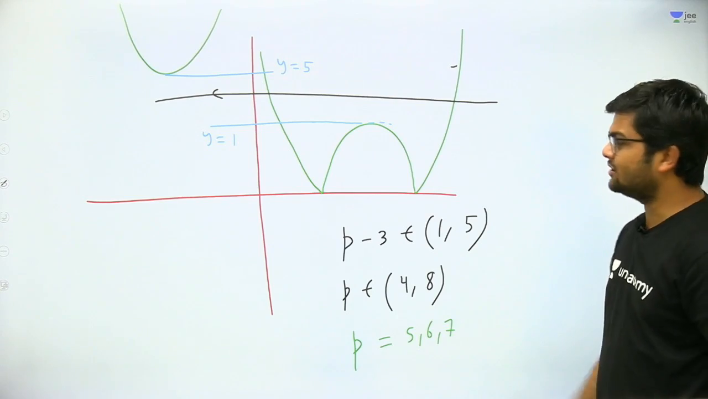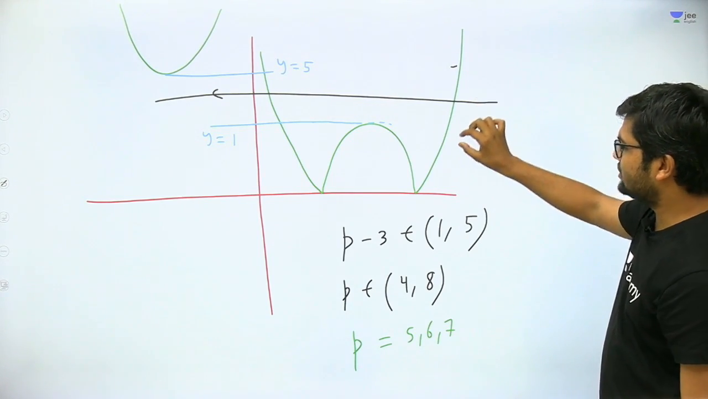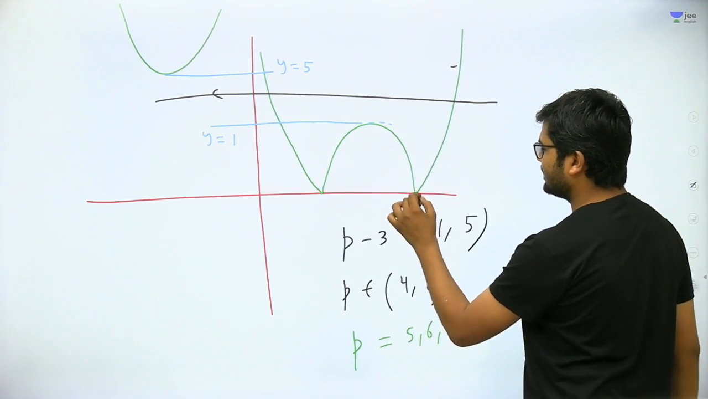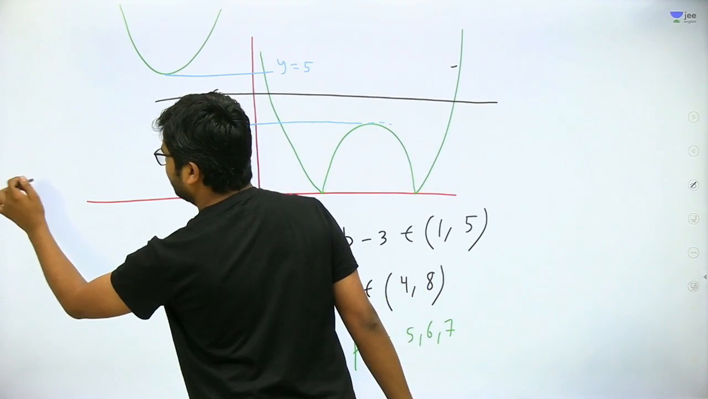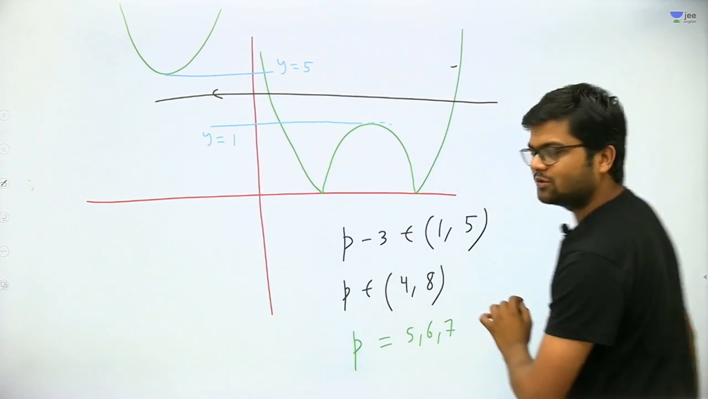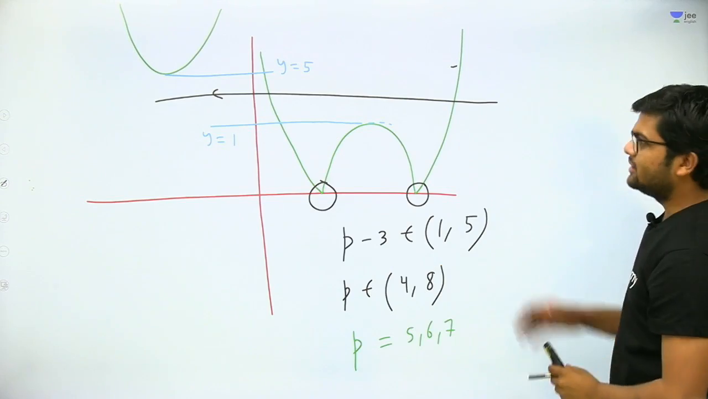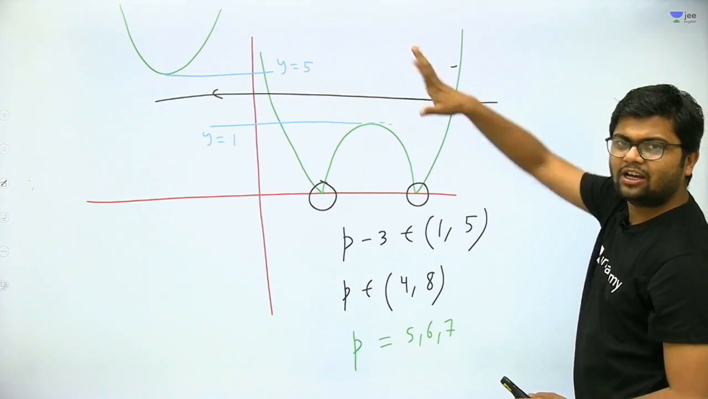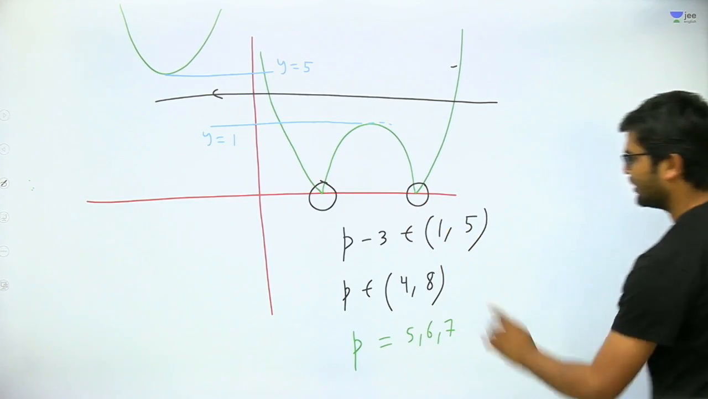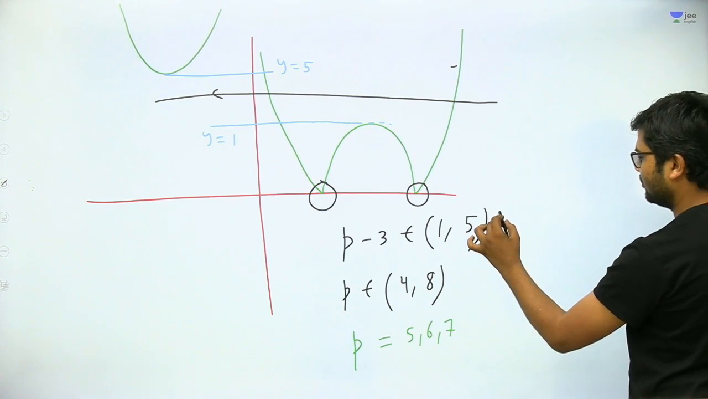You should understand this. This is a wonderful question, that if you shift this line further downwards, and if this line crosses from these 2 points, then also this line and this given graph will have 2 solutions, because of this 1 point and this 1 point. Therefore p minus 3 should belong to open 1 to open 5 union